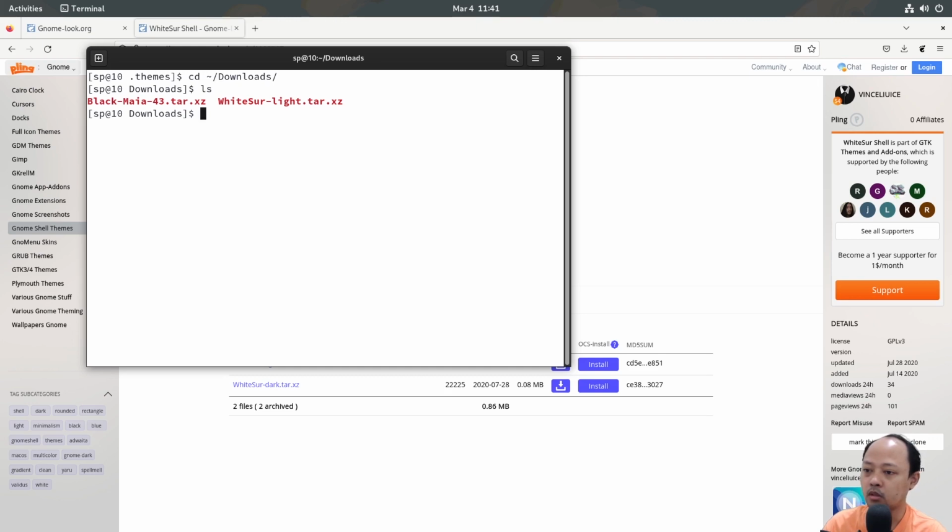I need to copy this file into a system folder. So I need to use sudo and then copy the WhiteSur shell theme into /usr/share/themes. Let's go to the folder.